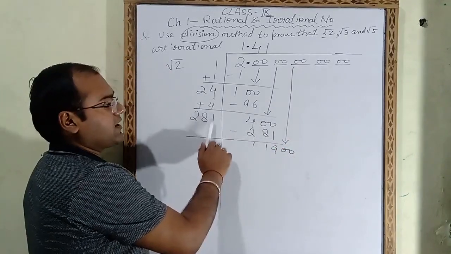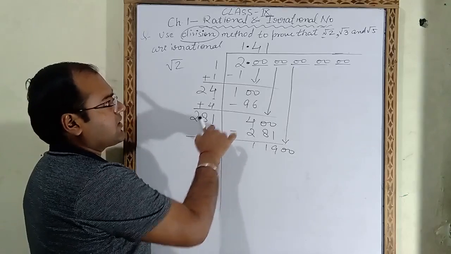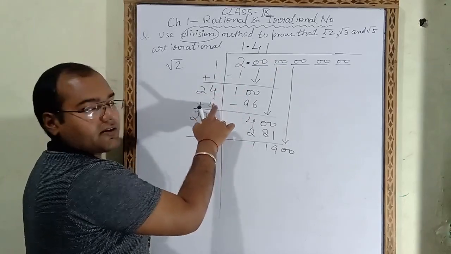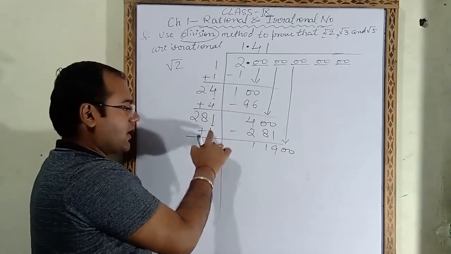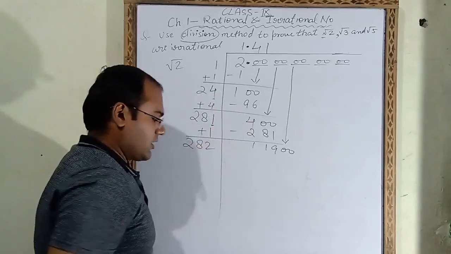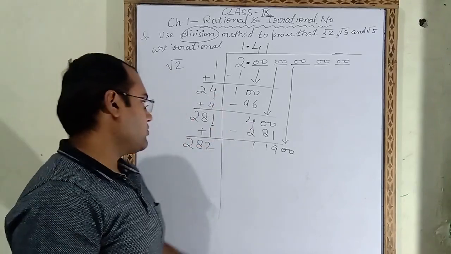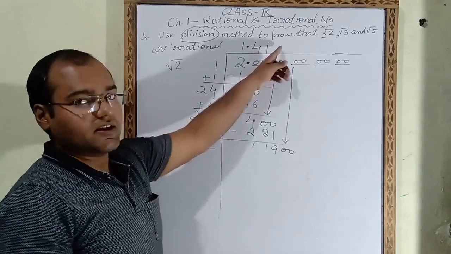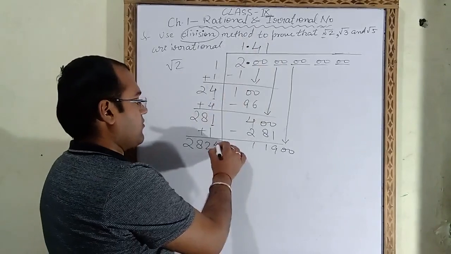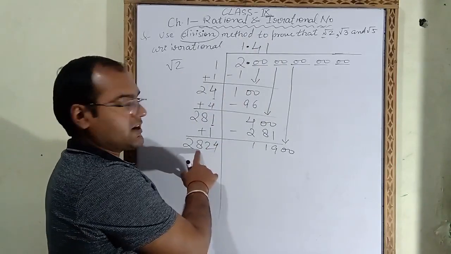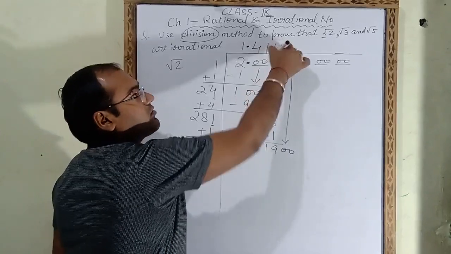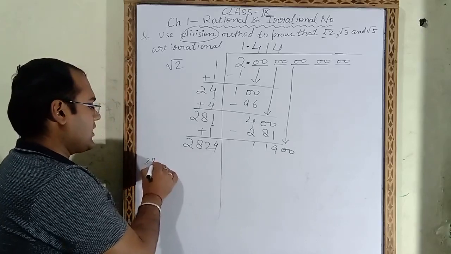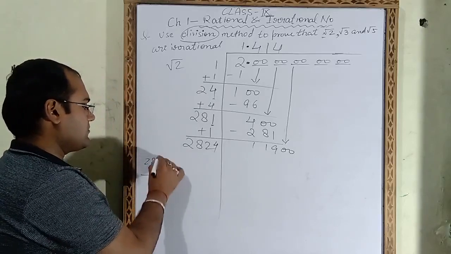Now which number have we taken here? 1 I have taken here. This one I had written here also. So this one we have to add again, as we had added this one here. This 4 we had added here. This one again we have to add, so this will become 282. Now here we have to write one number, and the same we have to write there also. Suppose I take 4 here. This will become 2824. So here also I have to take 4. Since I have taken 4 here, there also I have to take 4. That means 28244.